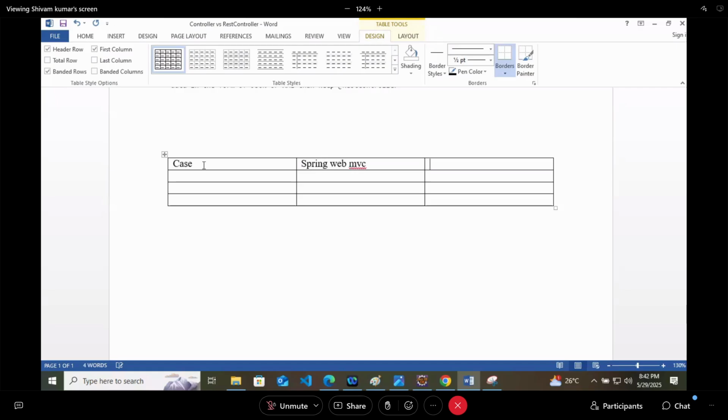The first case is setup. In Spring Web MVC, what was the type of setup we were doing manually?